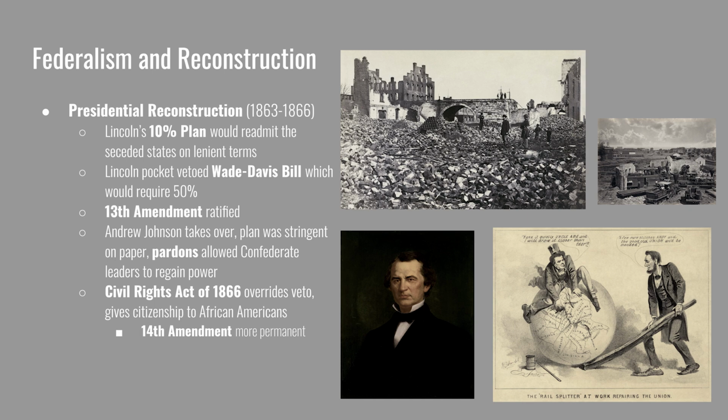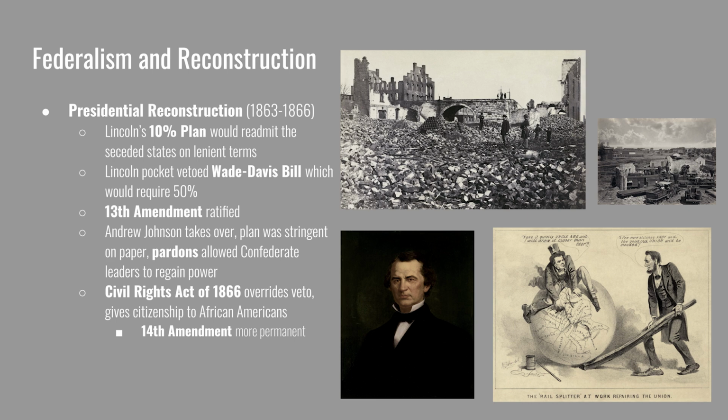Johnson used his pardon power freely and frequently, which resulted in a return to power for the same pre-war politicians that advocated secession. These Southern politicians start passing laws that restrict the equality that the Civil War had won for newly freed people. Radical Republicans in Congress are angry with Andrew Johnson for the conditions that he created. Johnson was a Democrat that had been brought onto the Republican Union ticket to try and get votes from the border states.